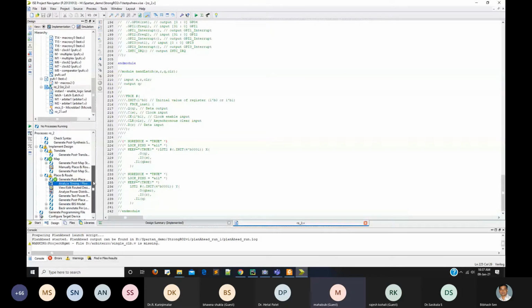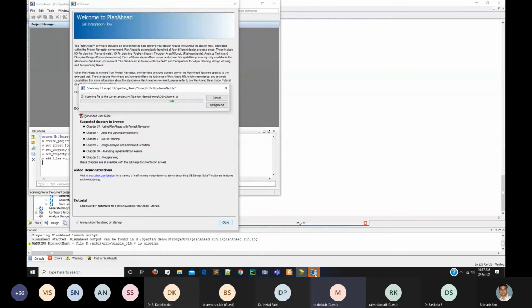Simultaneously, let me open another important software, that is FPGA Editor. This one.